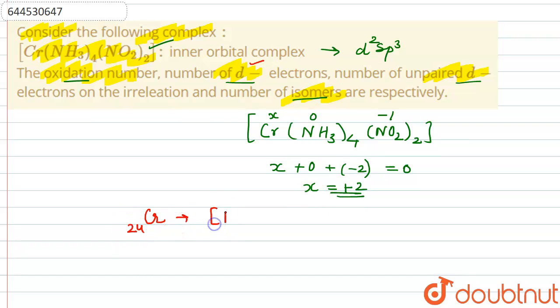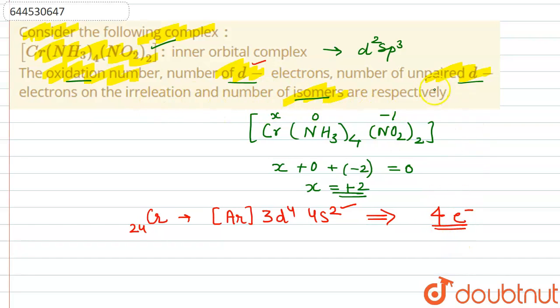It has 3d4 4s2. Okay, so now we have to remove these 2 electrons. So in d subshell we are left with 4 electrons. Okay, so the number of d electrons is 4. So now further we have to find out number of unpaired d electrons. Basically this ammonia is a strong field ligand, that is it will promote pairing. When this chromium, it will further split into these orbitals,